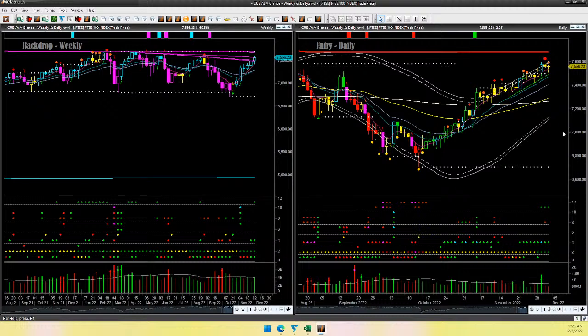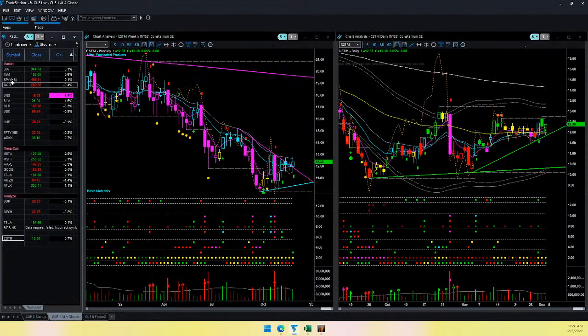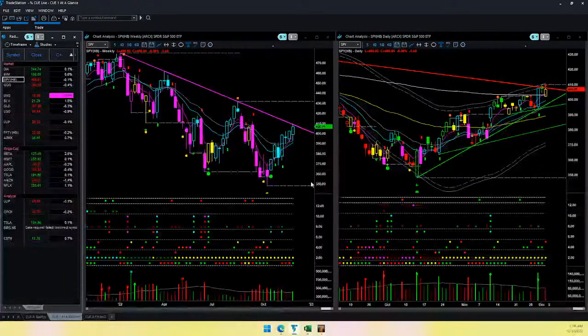Only one of these markets made a new all-time high this week. That is the Indian market, which continues to be the strongest, irrespective of how dollar versus rupee is moving. Now let's look at the USA market. Let's use TradeStation for that. Q Elite on TradeStation. Start with S&P 500 ETF SPY.